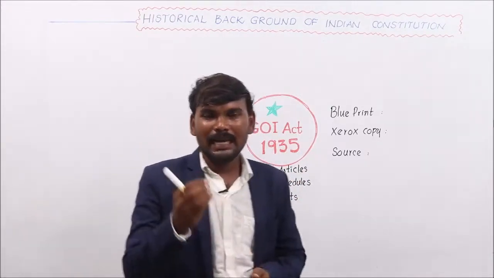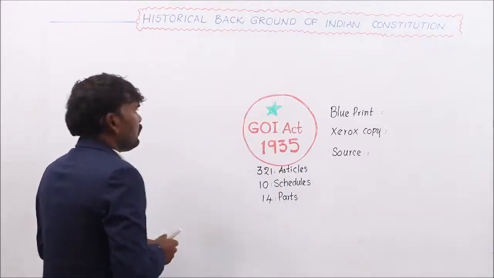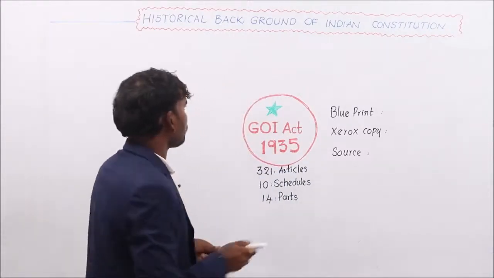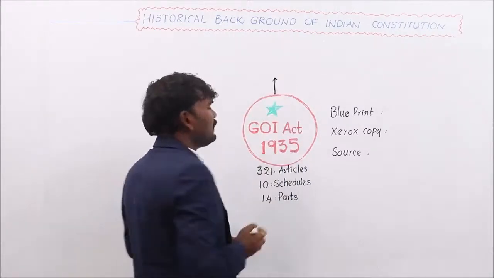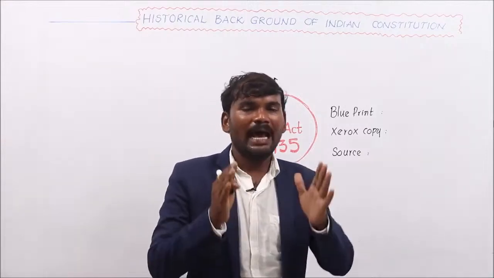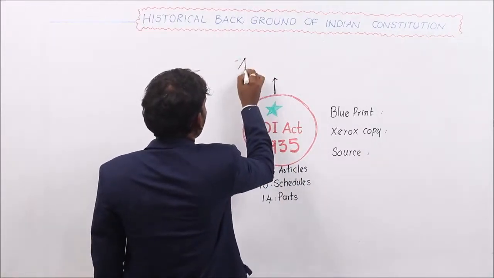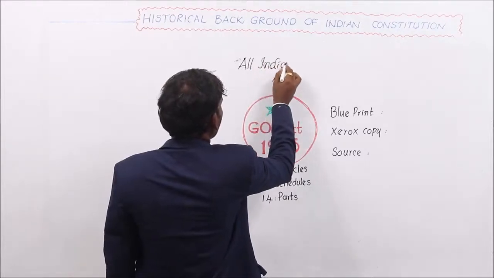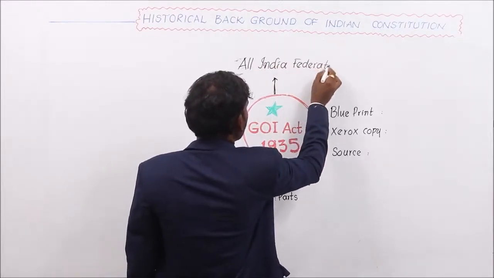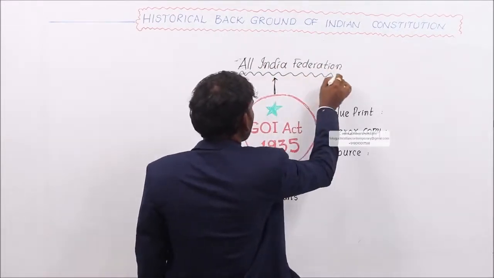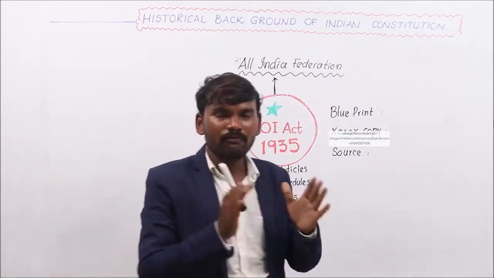Okay, coming to the point, what are the salient features of this act? The salient features of this act are: this act provided for the establishment of All India Federation. Very, very important point. This act provided for the establishment of All India Federation consisting of